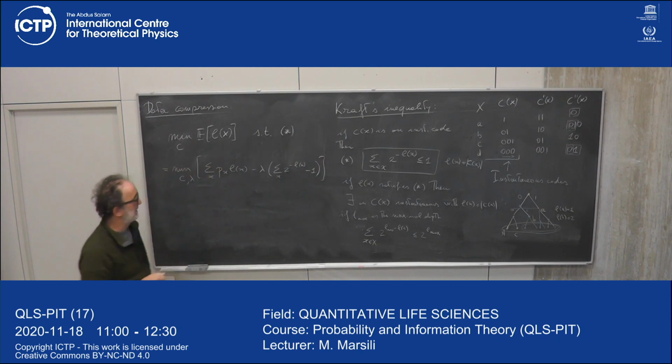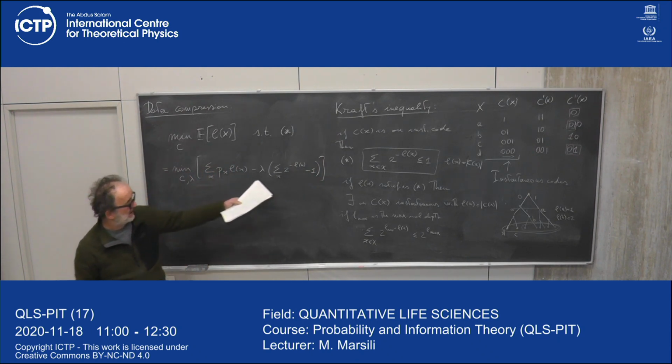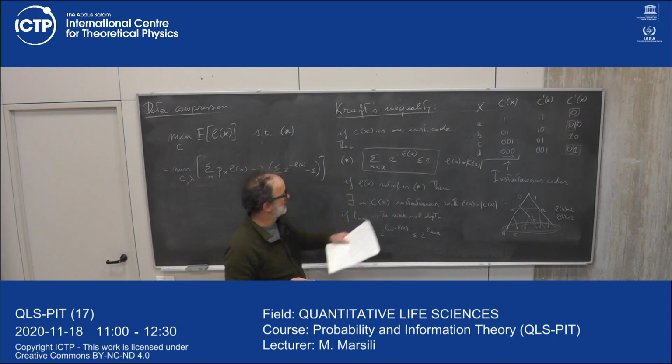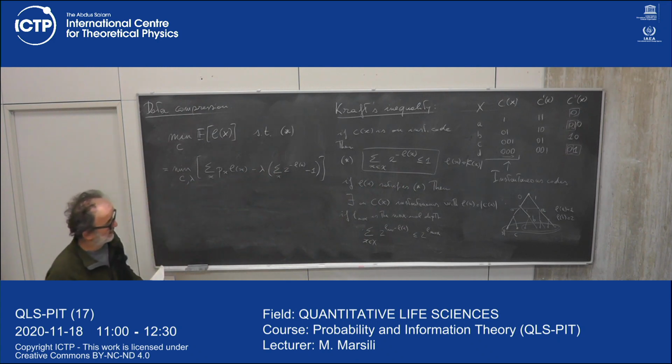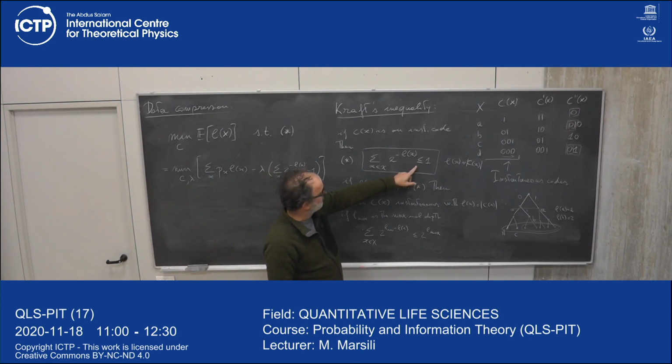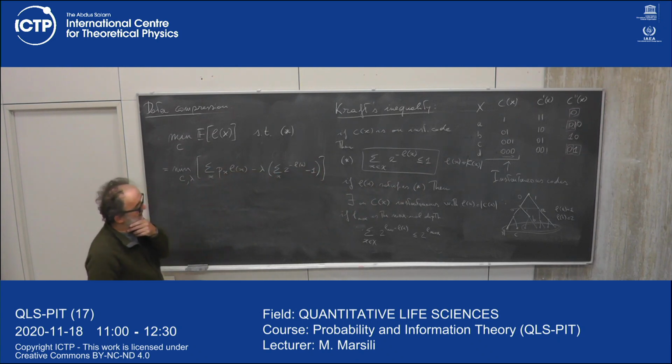And if I minimize over C and lambda, then I will meet this constraint with an equality. So notice here that the codes which have the shortest code words are those that are closer to saturate this inequality, to make this inequality an equality. Okay, and